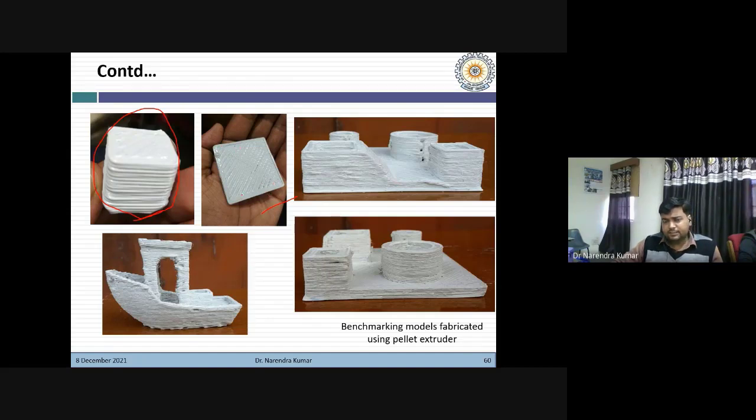The rectangular strip is there, and here it is a benchmarking model. It is having a cylinder, it is having a cuboid, right? It is having a slant surface, and this is the benchy that is more popular in the 3D printing or additive manufacturing area. So this kind of quality we obtained initially, and work is still going on in this area, and we are trying to improve the quality of the parts.